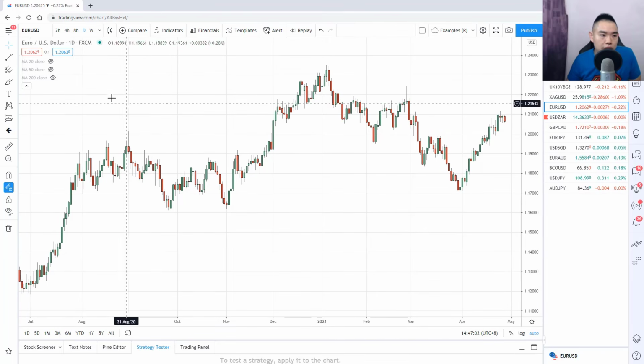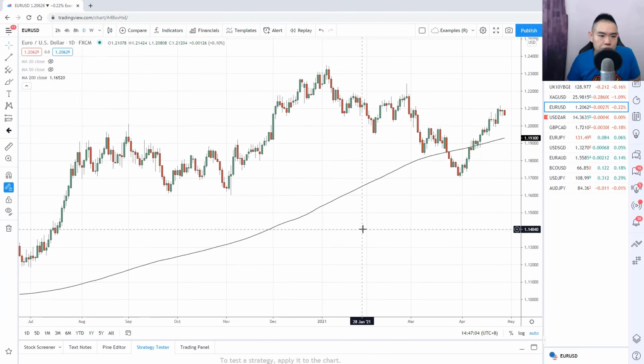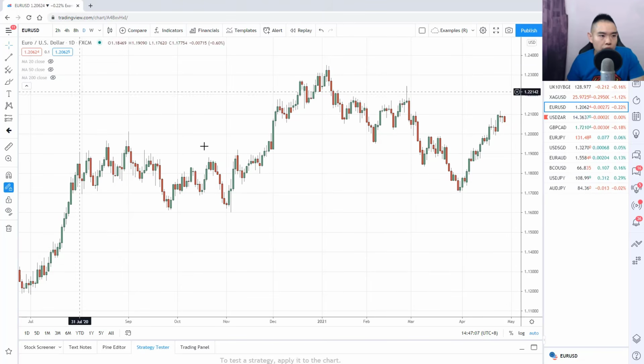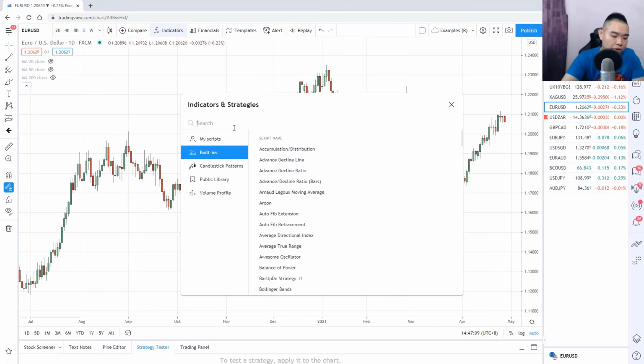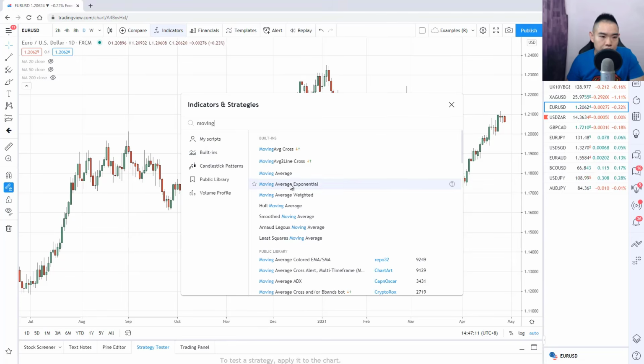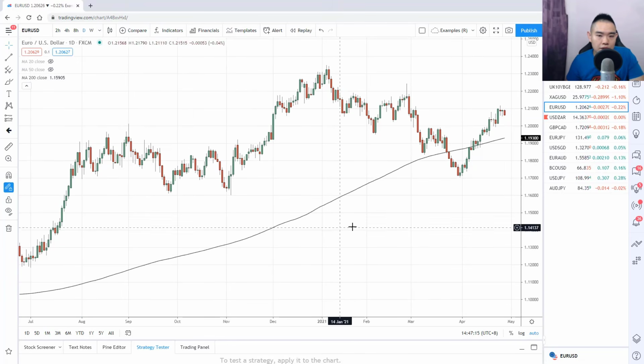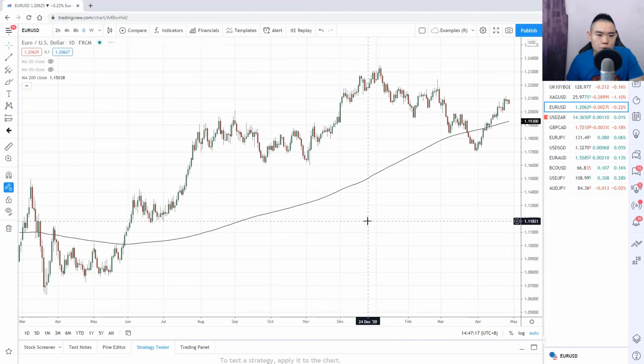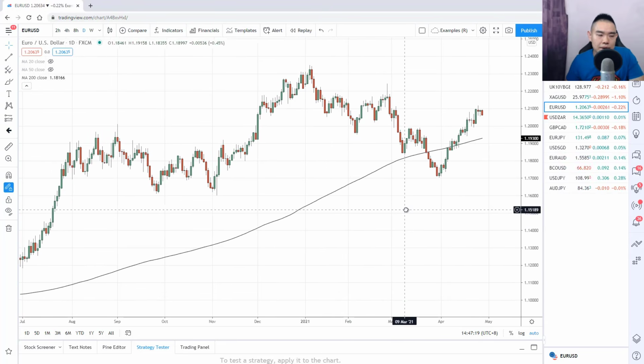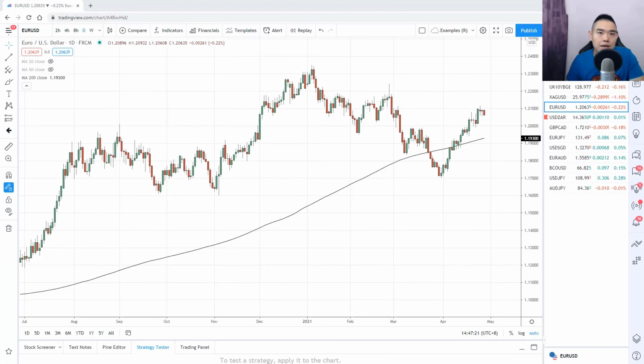So for example, Euro against the USD, I'll add in the moving average here. If you're wondering how to do it, just go to indicators, you look for moving average. You can see over here, just click on this and the line will appear. In this case, I already have it on my chart. And if you look at Euro against the US dollar, you can see that this market is in an uptrend. The price is above the